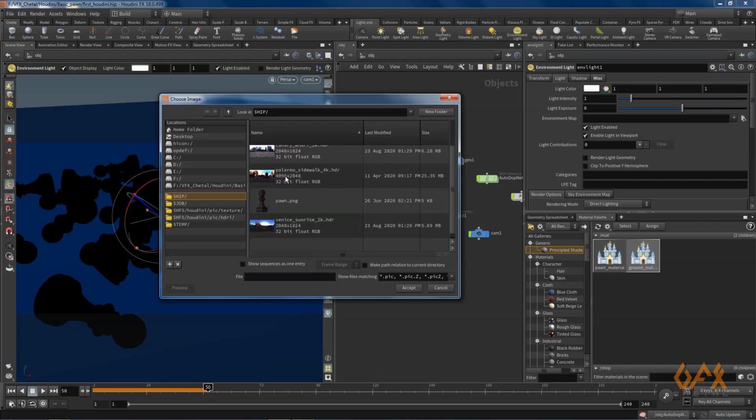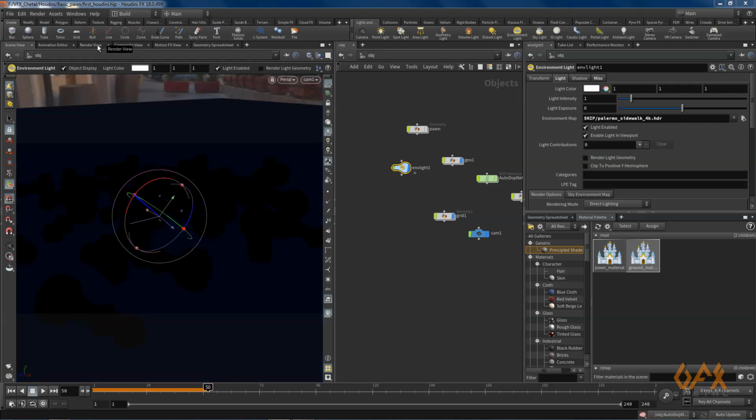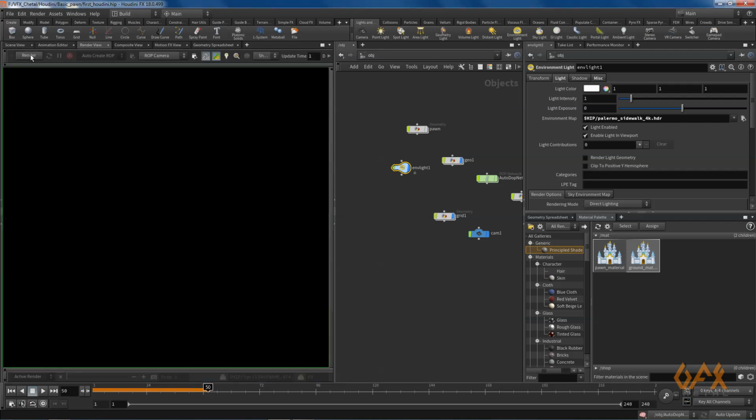So I just click one of them, HDR, make sure your image is HDR which emits the light, and I just click on that thing. Now I go to render view, and if I render this thing,